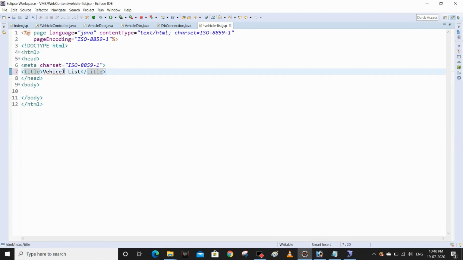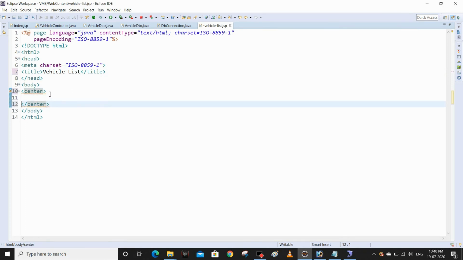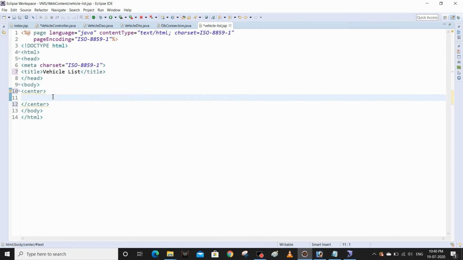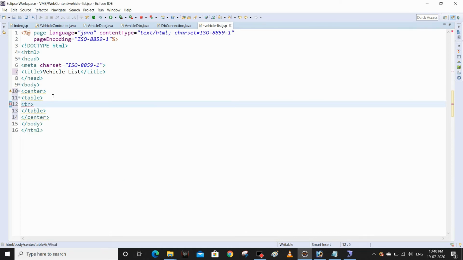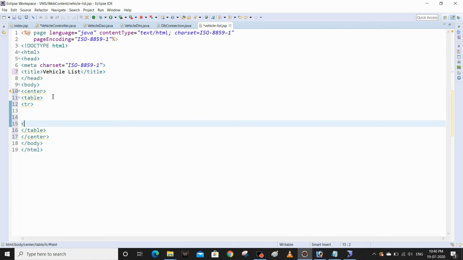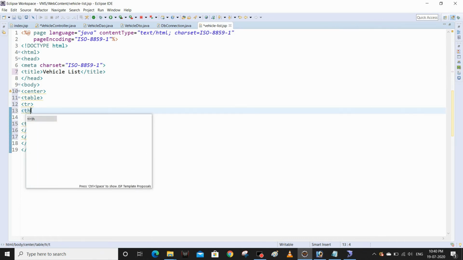Here I'm going to display all the vehicles, centered, and we have a table. The first row is the heading, having our table headings.